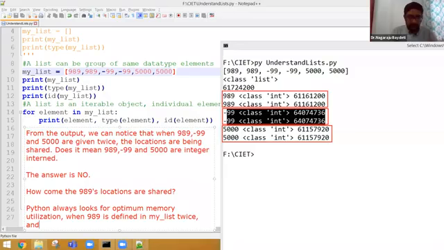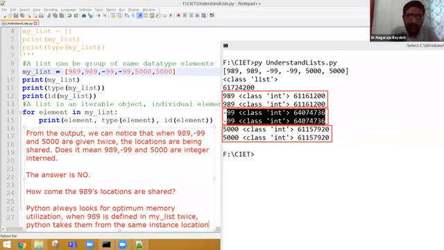and they belong to the list, Python takes them from the same instance location.